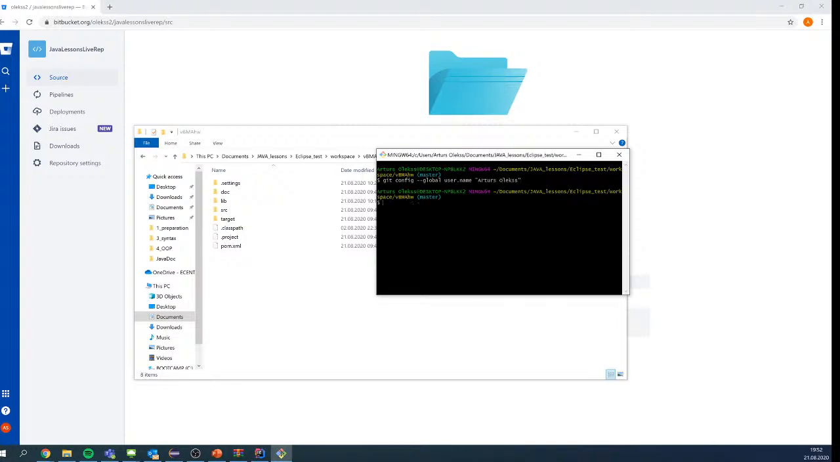So this is the first step, where you set up your username. And that's again git config --global user.email. User email,